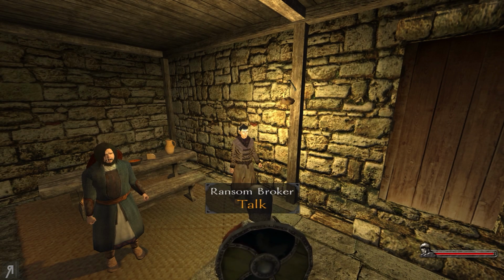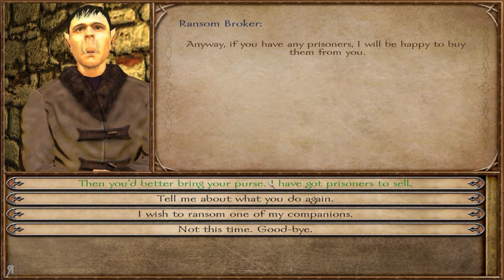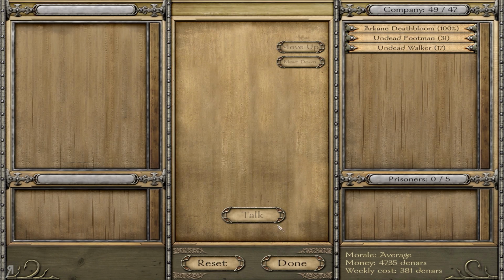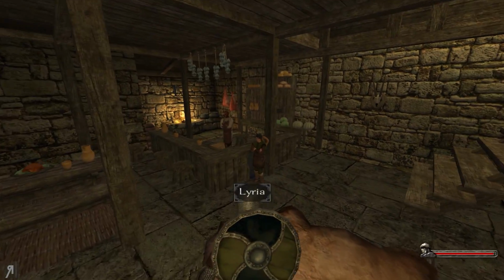Ah, now what do we have here? I found a Ransom Broker, finally, and hopefully we'll be able to see how much they... Ooh, yeah, okay, so Giants are obviously fantastic, and they're going to give me 416 for those. Whoa, okay, apparently the Dragonkin, much better, 600 each. Wow, that's pretty crazy. Alright, so I'm probably going to want to try and find...